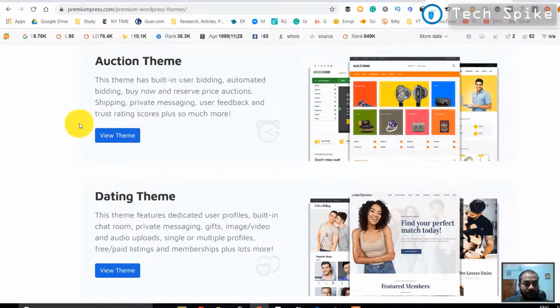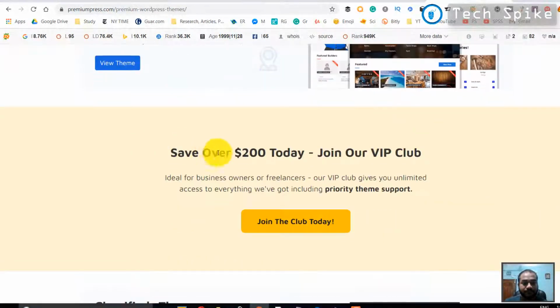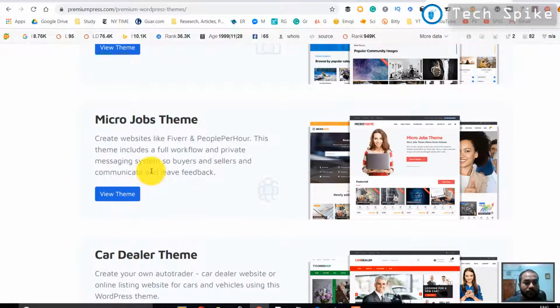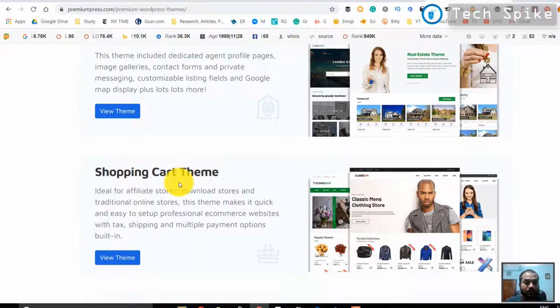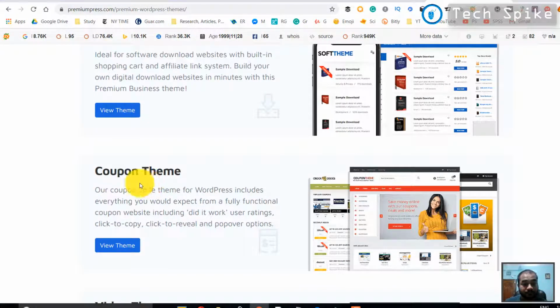Let's check out the themes: auction theme, dating theme, directory theme, classified theme, stock photo themes, microjob themes, car tailored themes, real estate themes, shopping cart themes, job themes, town themes, coupon themes. I prefer these themes as this is more suitable to our business, as our business is based on digital coupons. So visit the theme,